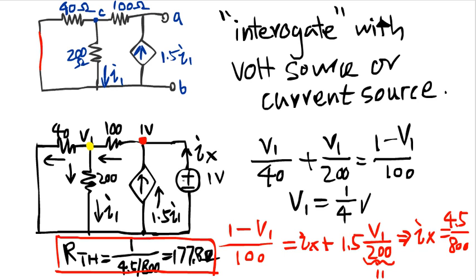An alternative method would be to introduce a current source and find out the voltage. We're going to show you that at the next